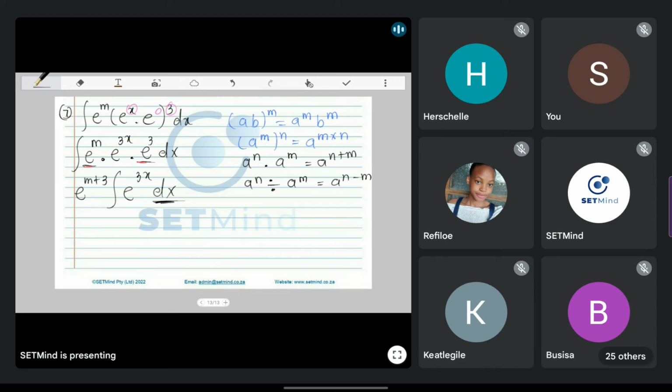And if I do my integral there, it should be 3 to the x. Now we do the inverse of what we were doing in chain rule. I'm going to divide by the derivative of 3x, plus c. So essentially this becomes e to the m plus 3 multiplied by e to the 3x divided by 3 plus c. So the final answer here is supposed to be e to the 3x plus m plus 3, over 3, plus c. I hope this answers the question